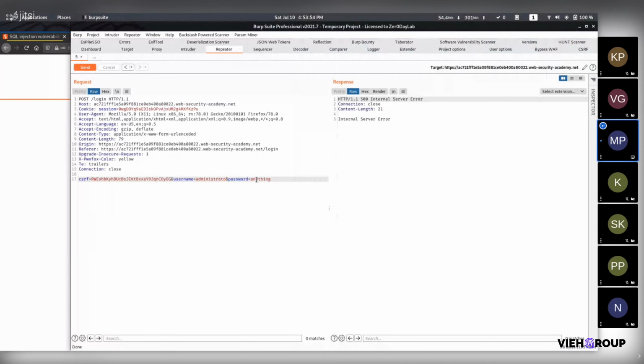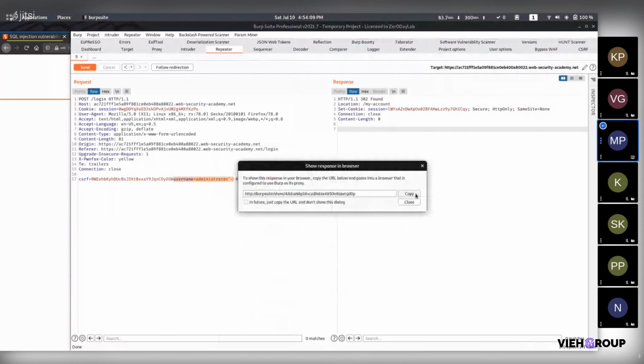And after commenting, paste the password. It will not check the rest of this query, and it will check only up till this. So we got 302 Found, and let's see the response in browser.